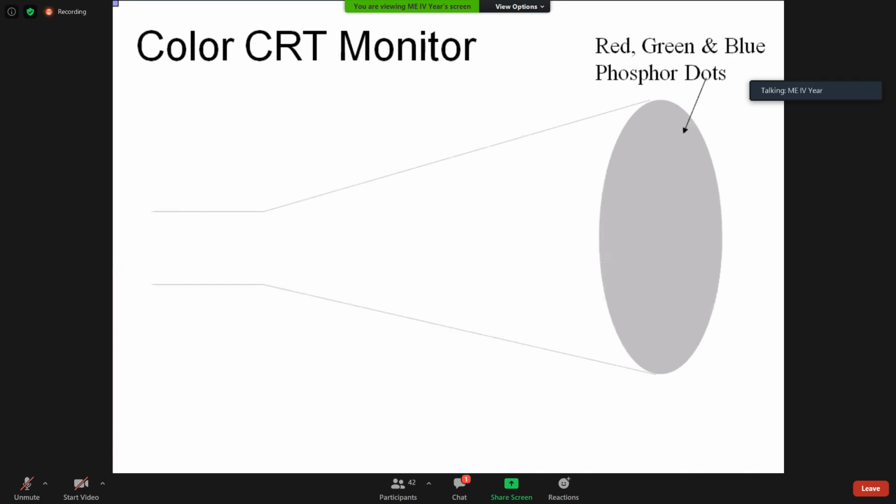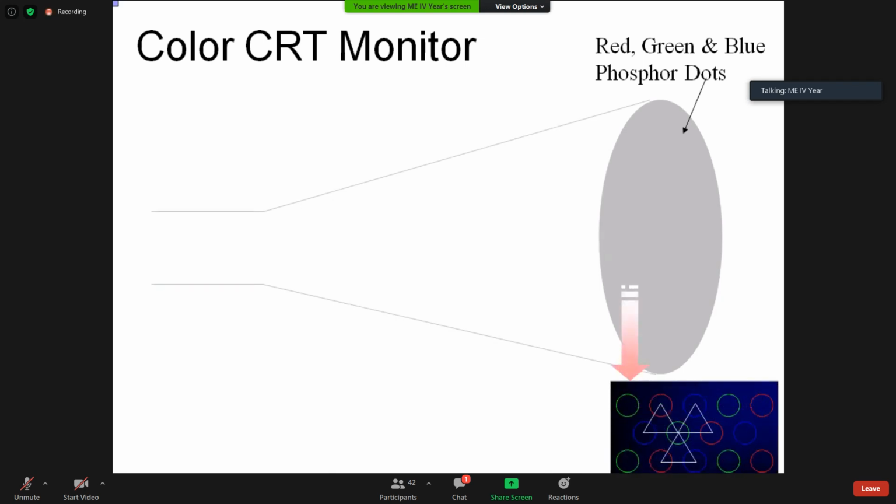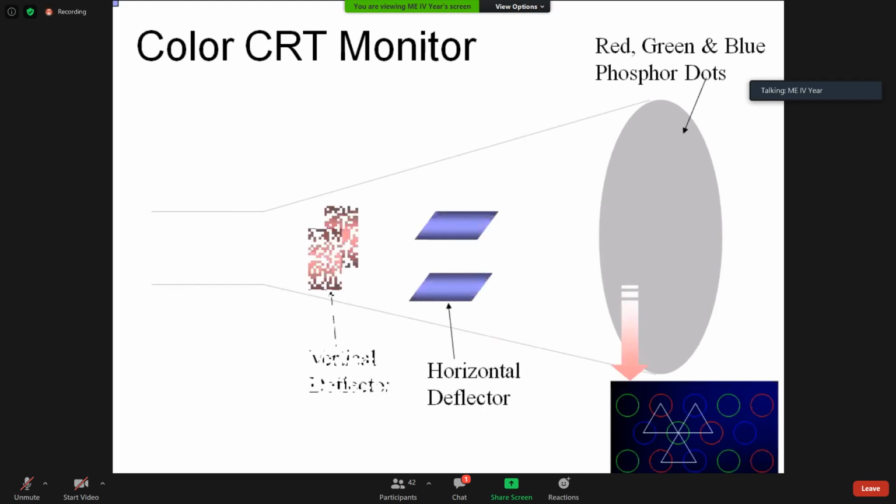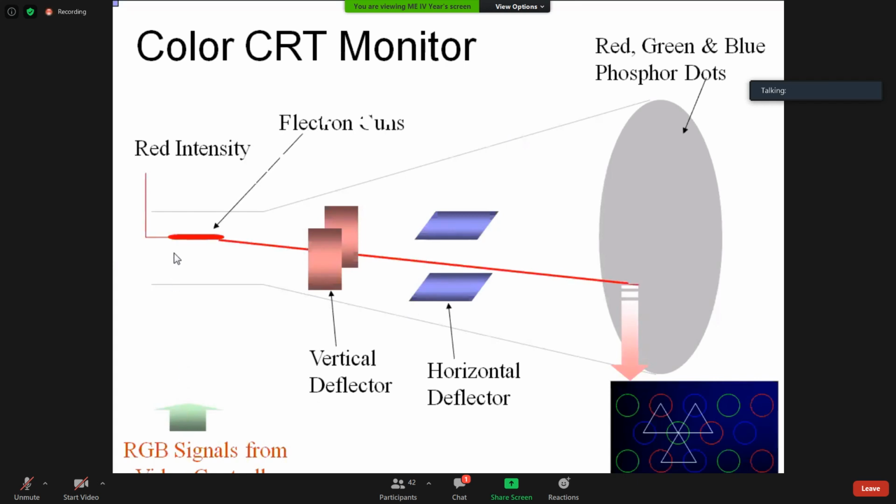Usually, as I told you yesterday, we only use RGB signals in the display monitor. These RGB signals are arranged in the same fashion as shown on the PPT, with a horizontal reflector and a vertical reflector, and the RGB video is the input here. Input will be given here, and it will follow in the same way.